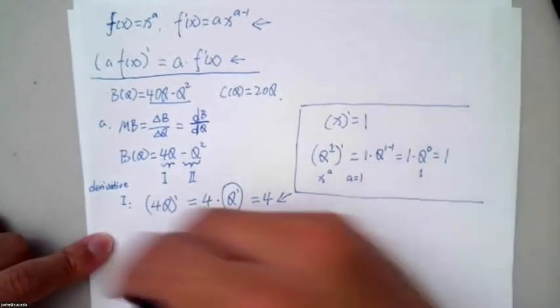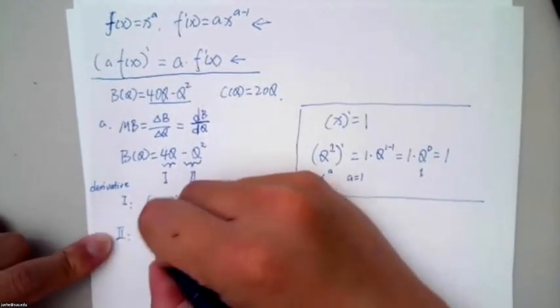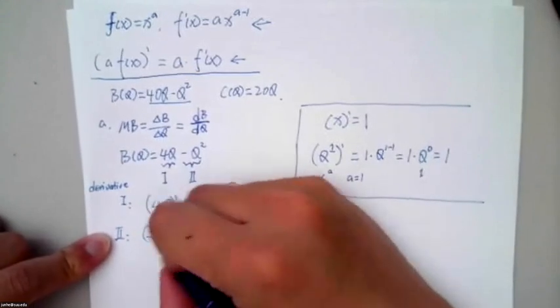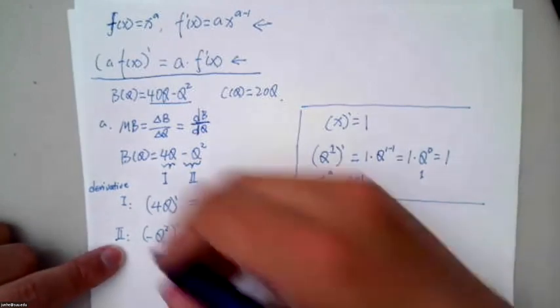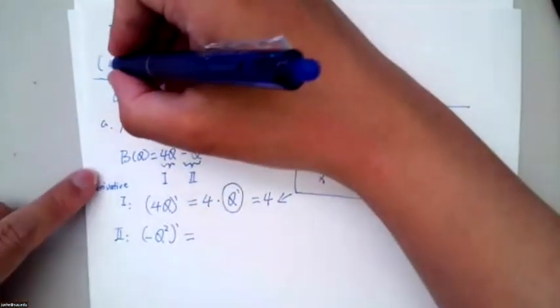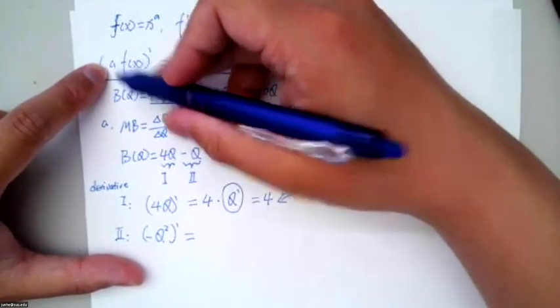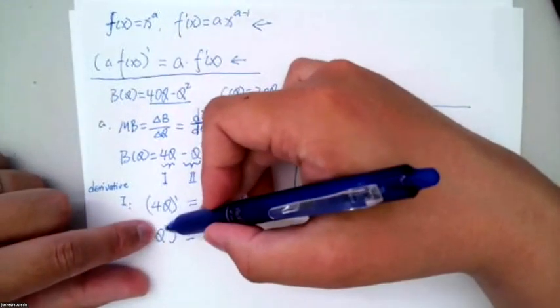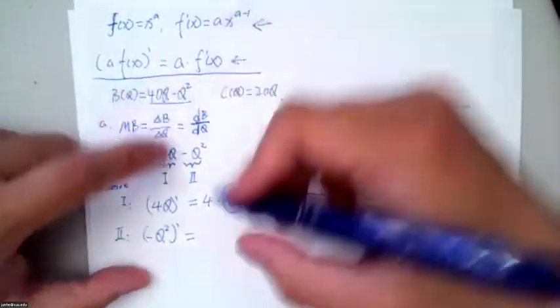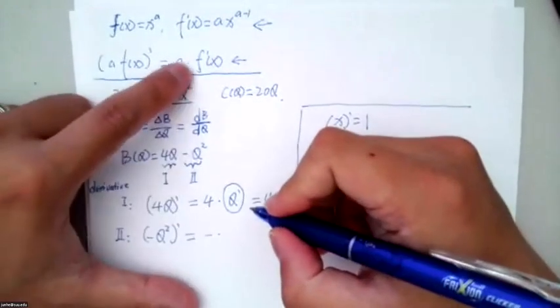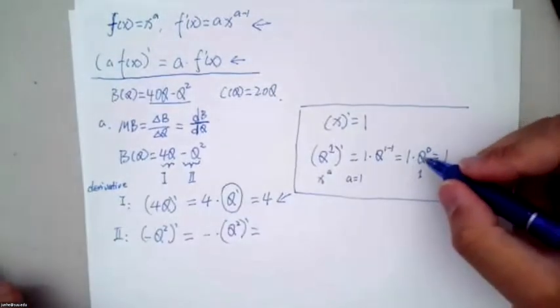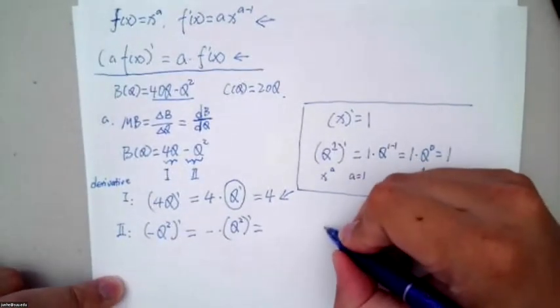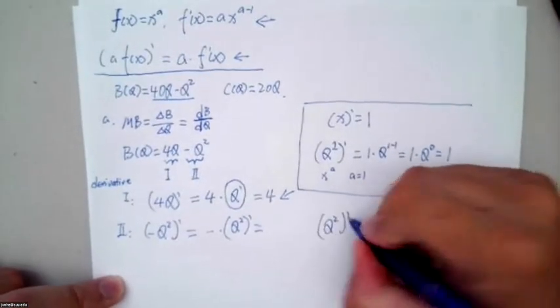Okay, now let's look at the second one, minus q squared. We're taking its derivative. Here we do have an a: A is minus 1. It's minus 1 by q squared, right? So the derivative of that is minus the derivative of q squared. Here it's the same thing. For q squared, its derivative,